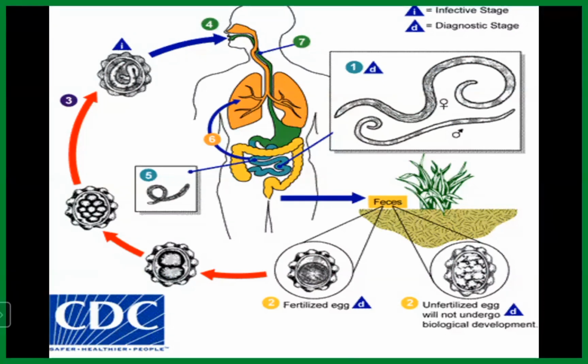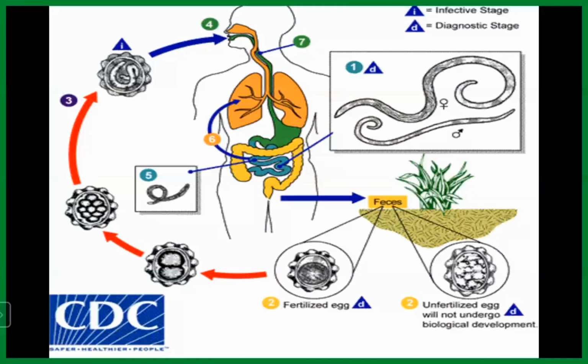From the liver, it will pass through the hepatic vein, inferior vena cava, and right side of the heart within 4 days. From there, it will reach the lungs and it will grow and molt. After development in the lungs, it will enter the lung capillaries, and from there, it will reach the alveoli. From there, the larvae will crawl up the upper respiratory passage to the throat, and it is